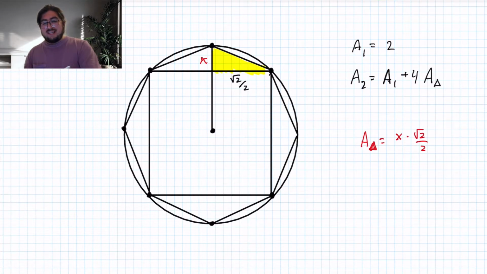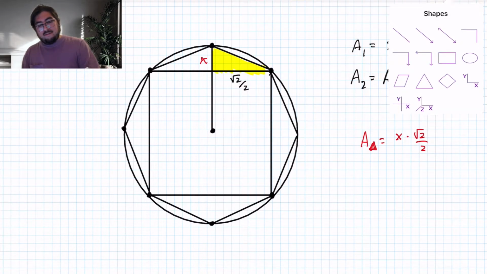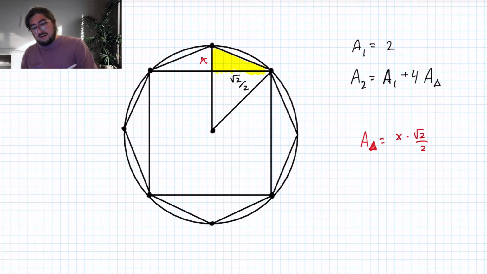Now, what is x then? Well, if you draw a line from here to here, kind of what we had from the square already, notice this will be 90 degrees because of it being a line that passes through the midpoint. Basically, it's a perpendicular bisector. And because it's the radius of the circle, that line there, the hypotenuse of this new triangle we've created, is 1. We can actually find this length by Pythagorean theorem, and it's going to be 1 squared minus radical 2